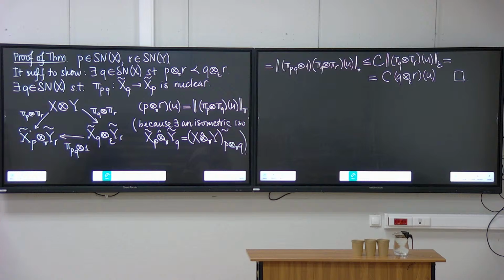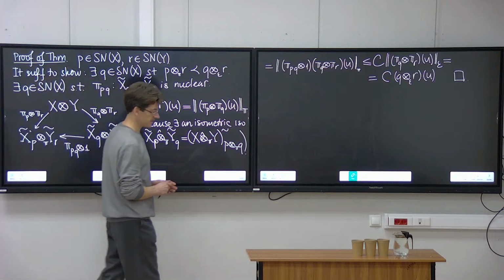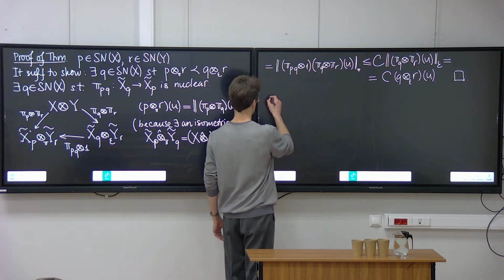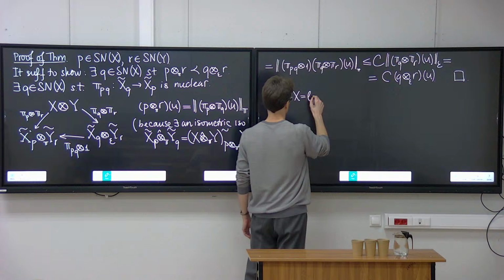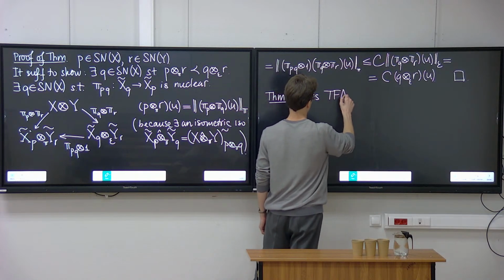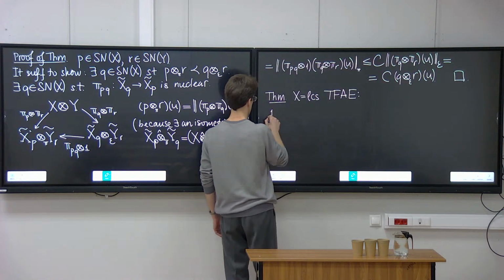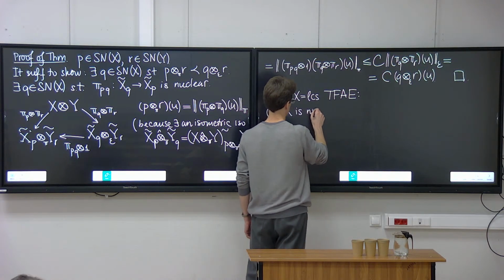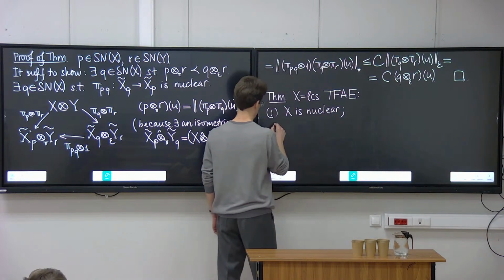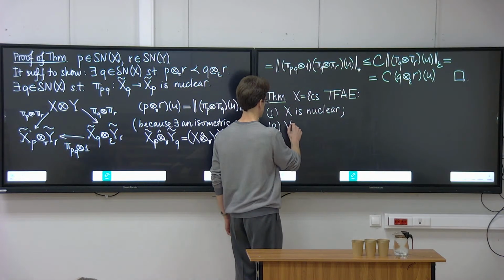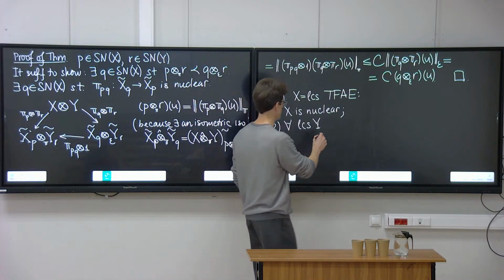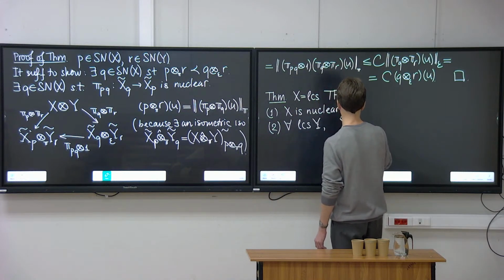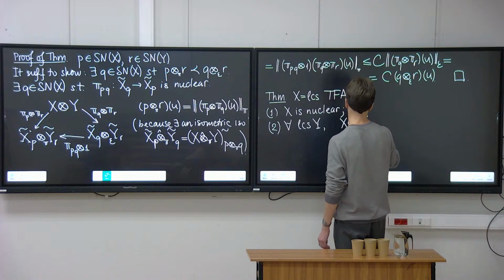Okay, so for nuclear spaces, if one of the spaces X and Y is nuclear, then the projective and the injective tensor products are the same. In fact, this result can be generalized as follows. I have the following more general result. If X is a locally convex space, then the following conditions are equivalent. Condition 1, X is nuclear. Condition 2, for every locally convex space Z, for every locally convex space Y, the canonical map from the projective tensor product to the injective tensor product,